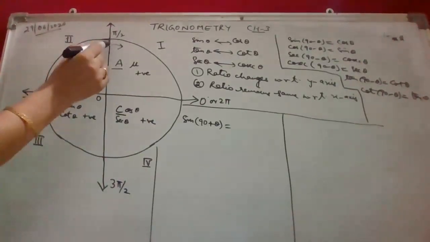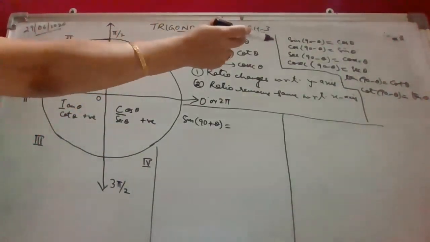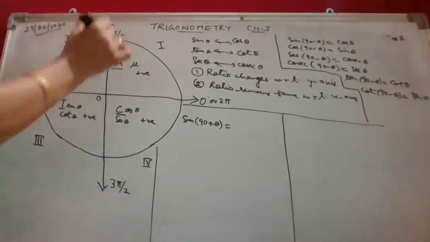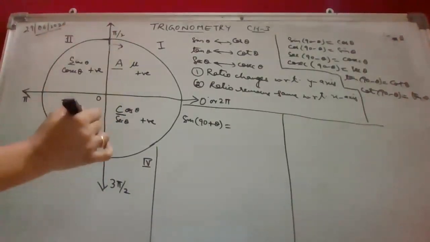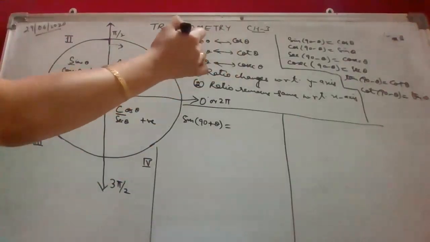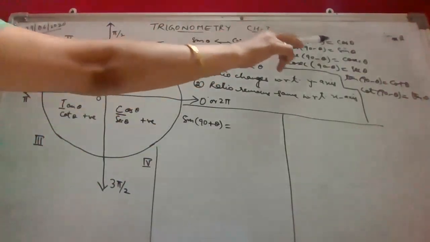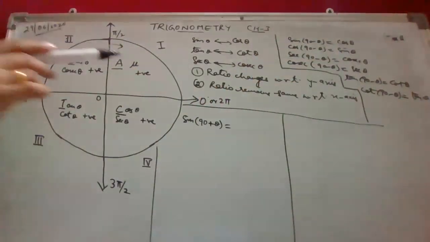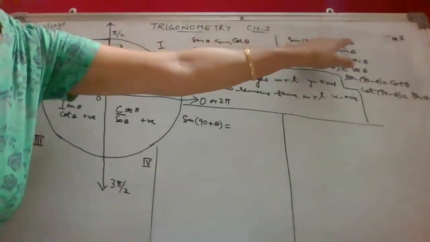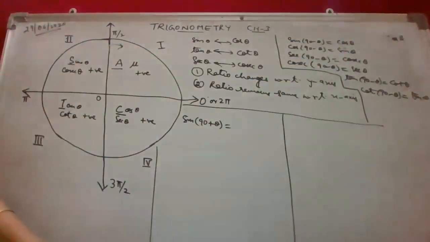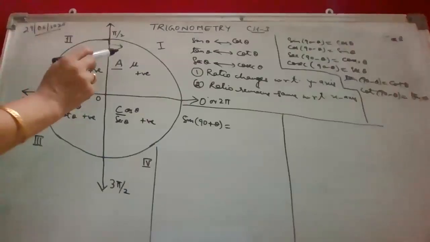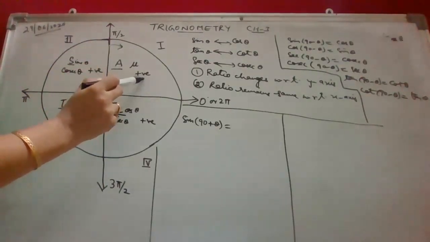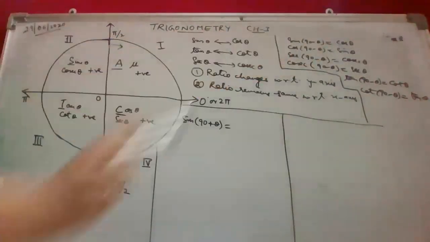So when we are talking about this sin(90 minus theta), I am first explaining from where you got that. Sin(90 minus theta) means we come to the first quadrant. And since it is a change with respect to the y-axis, the ratio will change. How will the ratio change? Like this: sin theta will change to cos theta. So sin(90 minus theta) changes to cos theta. And what is the sign here? Will it change to plus cos theta or minus cos theta? That will be specified from here. We come to the first quadrant and we see that in the first quadrant all the ratios are positive. So we will have plus cos theta.